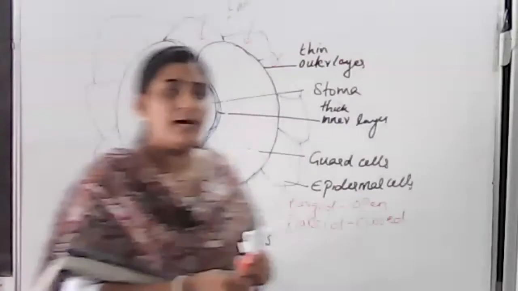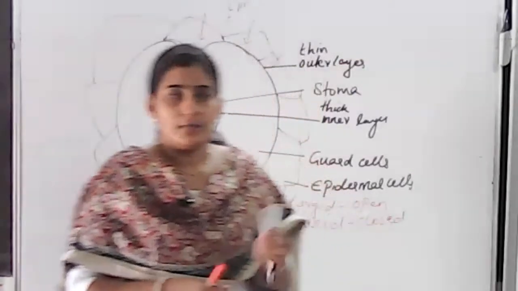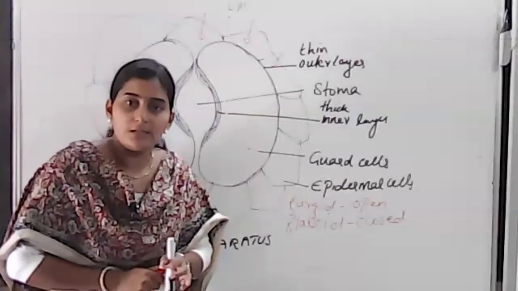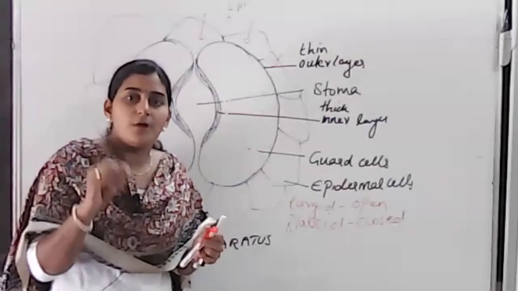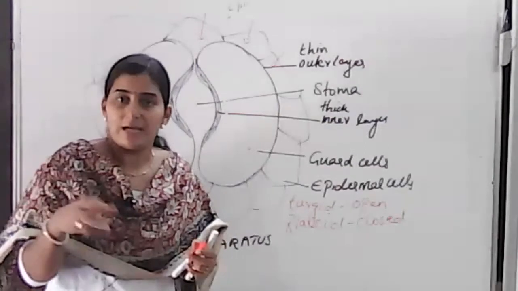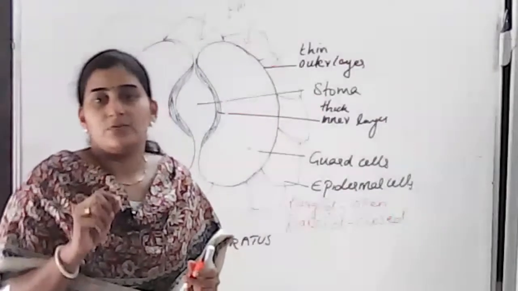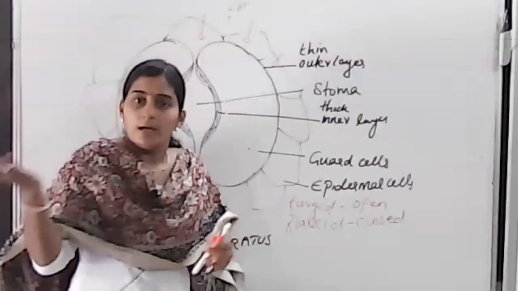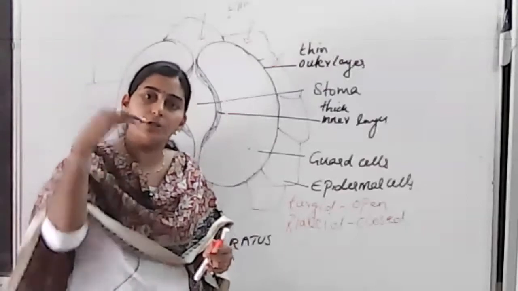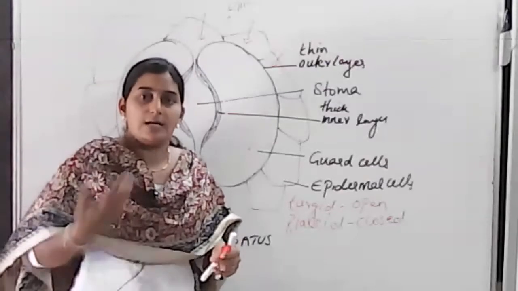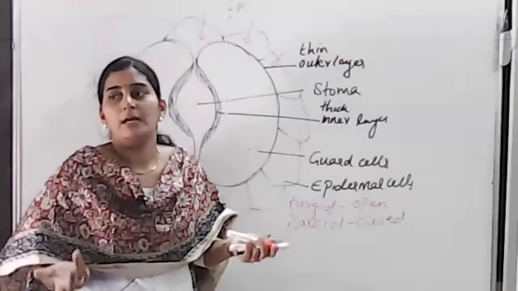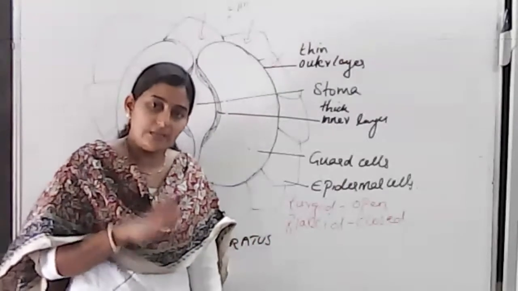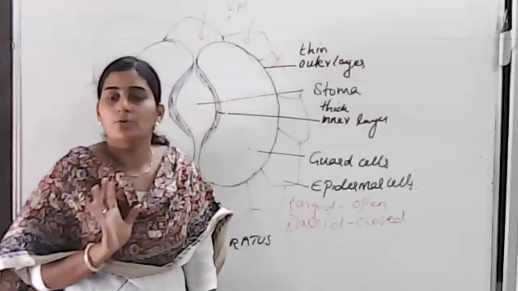So that is why we say that we should plant certain trees or new plants during evening time, not at noon time. The reason is that the amount of water absorbed will be more during evening time, but the rate of transpiration will be comparatively less. If you are planting it early morning also it's okay, but if you are planting it during midday, what happens? The amount of water transpired will be more compared to water taken from the soil. So what happens to the plant? The plant may get wilted. So it is better to plant certain trees or plants in late evening or early morning, not during midday.